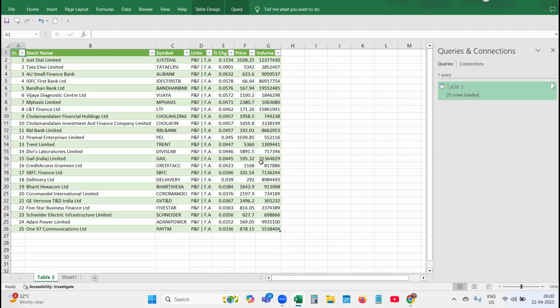So you need to save it, and volume is not the important thing. With less volume also, some stocks will give you very good appreciation.